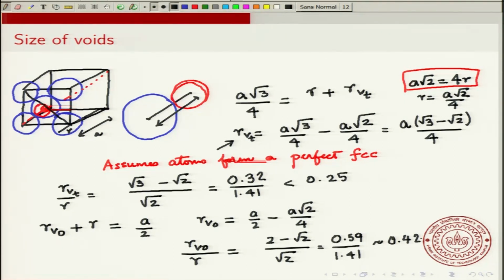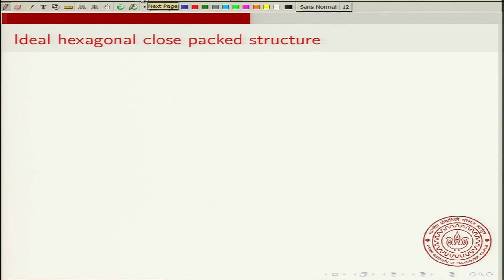Now, let us look at something that we sort of skipped when we did the hexagonal closed pack structure, and this has to do with an ideal hexagonal closed pack structure. What do I mean by an ideal hexagonal closed pack structure? Let me draw the hexagonal closed pack structure in the way that you are used to seeing. So, this is where you show a